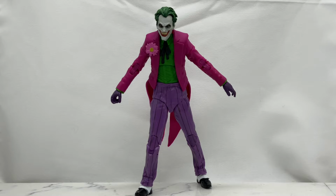And today we are going to be taking a look at the brand new McFarlane Toys 3 Jokers, the Clown